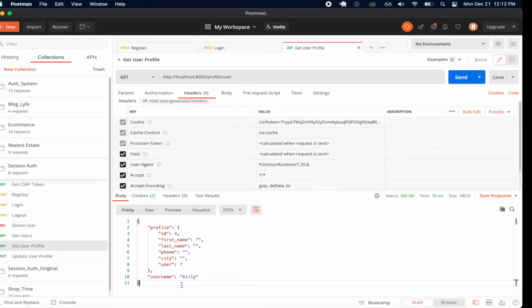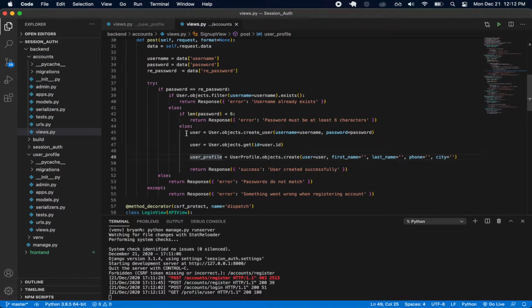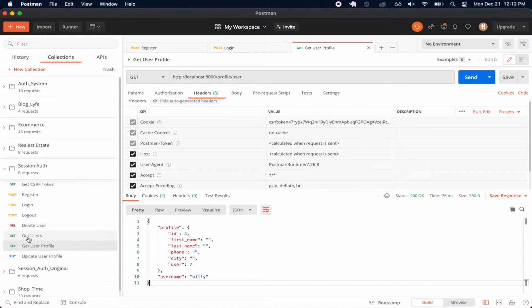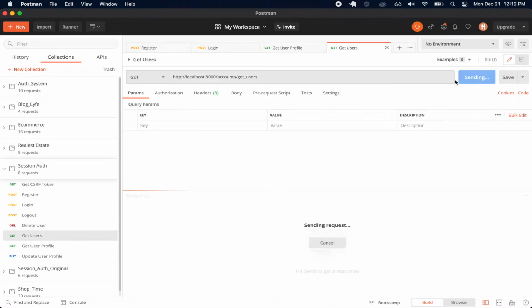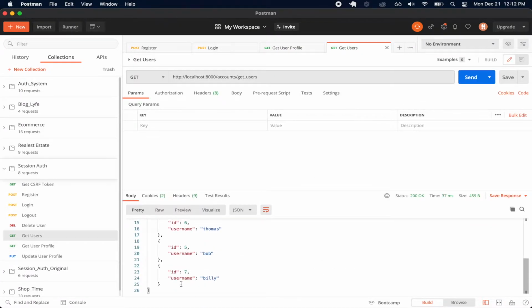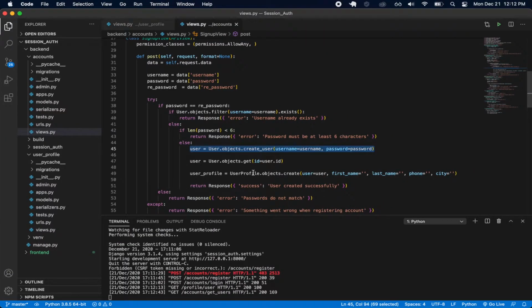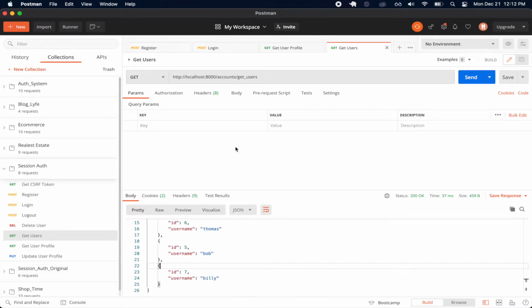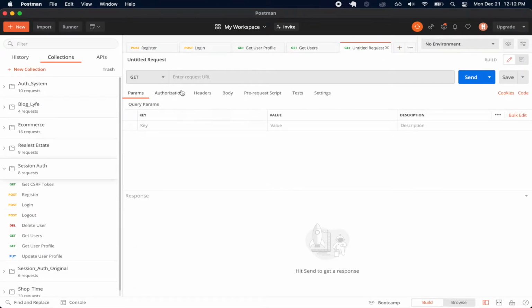So that worked. And also we see that without that user.save, we created our user with no problem. And we can even confirm that by doing a get users. And here's our user of Billy. So yeah, some of those things that we did here were a little bit redundant, and we did not have to do that. And then we can also test out the check authenticated,